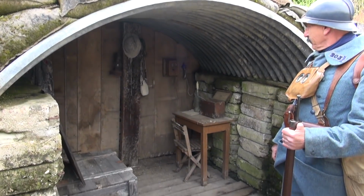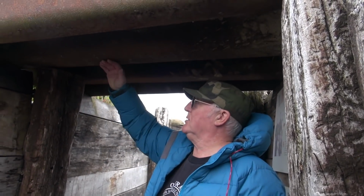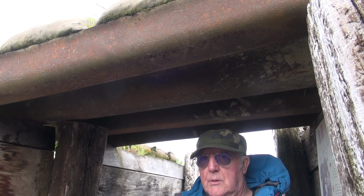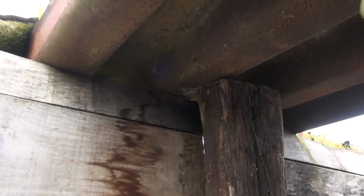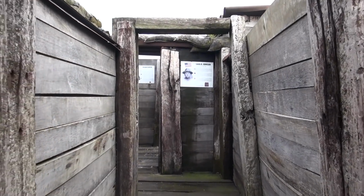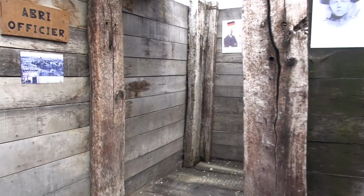Now this is what you would put in a river or a canal, to support the sides of a canal. It's the same system, to drive in, piling. You can see, it's not just corrugated iron. It's very substantial. Yes, I mean, you use whatever you have. These pieces of wood here are to reinforce the...